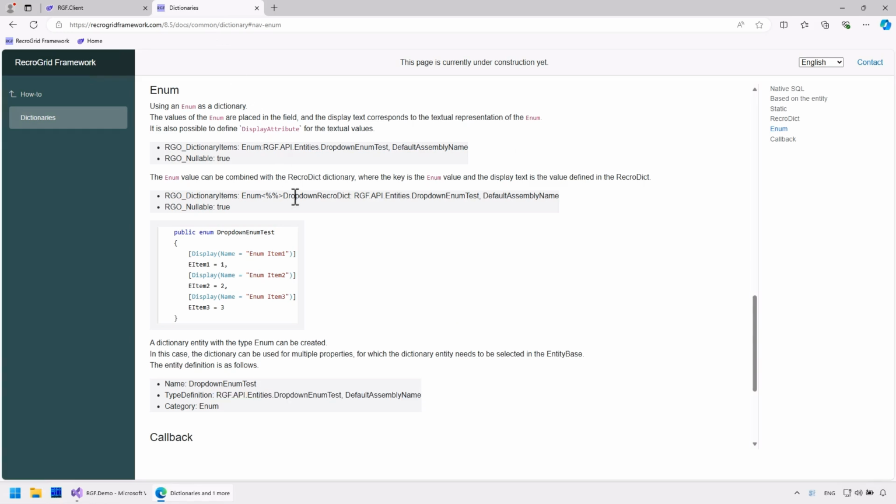For enum cases, another interesting solution is when we take the display text from a Recrodict dictionary. This should be defined in this format.